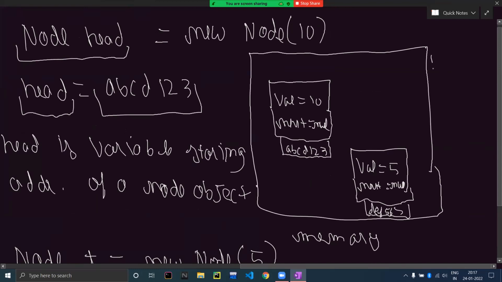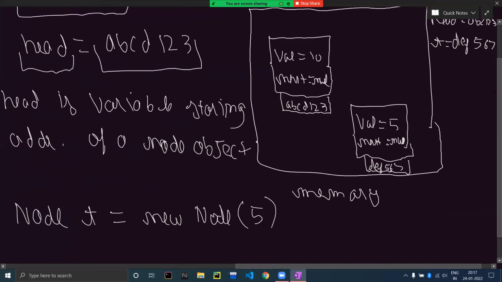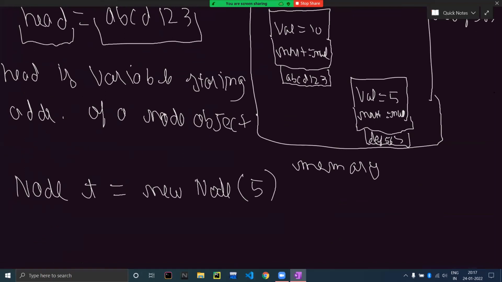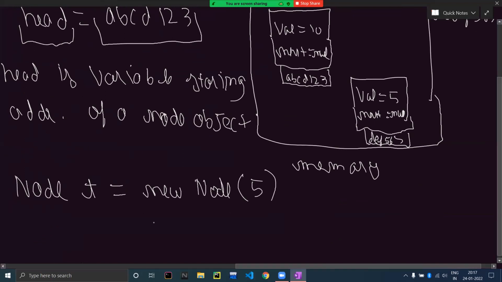So let's see what we had till now. We have one variable head, which is storing ABC123, right? And we now also have another variable t, which is storing DEF567, right? So this is what we have so far. And now let's see what happens when we make our head variable point to this newly created object. How do we do that? In order to do that, we do this, right? head.next